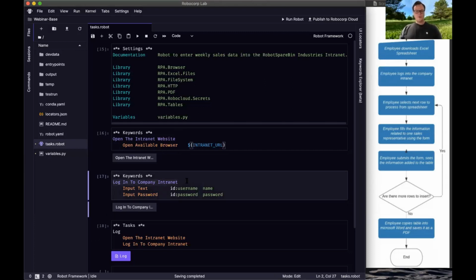we have a keyword to log into the company intranet. We have populated it with a locator, and we did the same for the password field. But what we don't want to do is write the usernames and passwords in the implementation, as that's very bad practice, and we want to keep these out of the robot implementation files and out of version control and these kinds of things. So instead, I want to use variables,